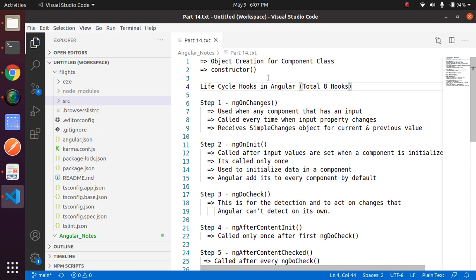After clicking on a new route, Angular creates an object for that component. This means Angular will first create an object for contact component, and thereafter Angular executes the constructor of that component. After executing these two steps, means after the object creation and constructor execution, Angular starts executing lifecycle hooks.